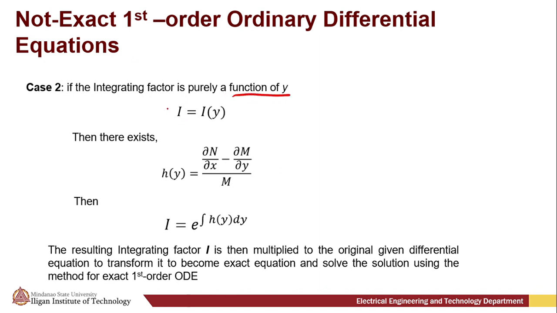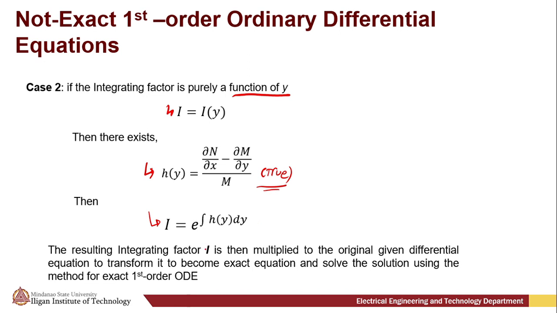Case 2: if our integrating factor is purely a function of y, so we have I equals I of y. Then there exists a function h of y, equal to the partial derivative of N with respect to x minus the partial derivative of M with respect to y, divided by M. If h of y is purely a function of y, then we can use this formula for our integrating factor I, which is equal to e raised to the integral of h of y